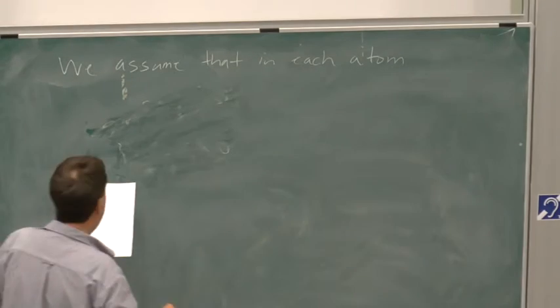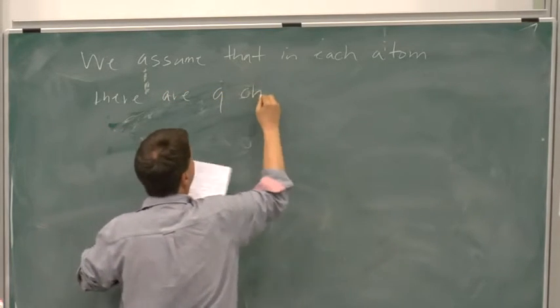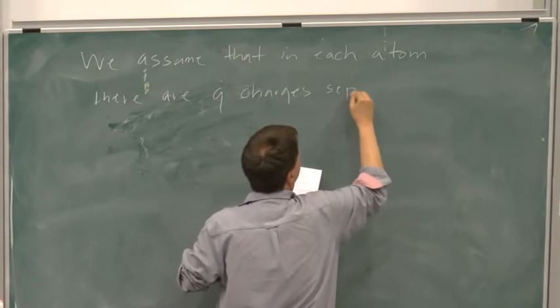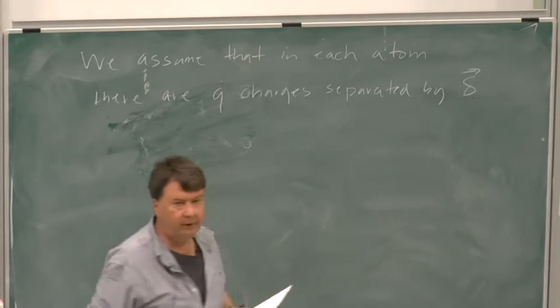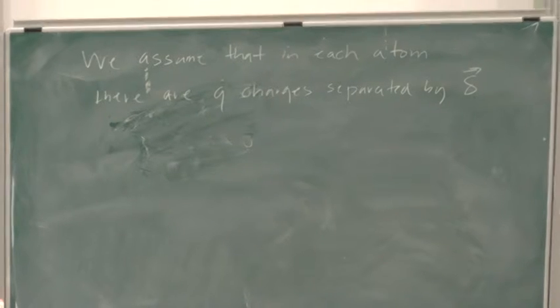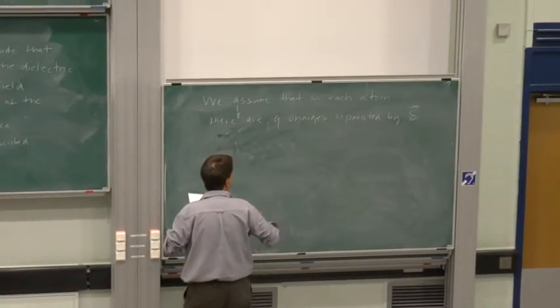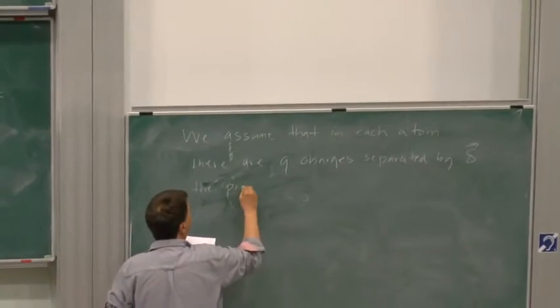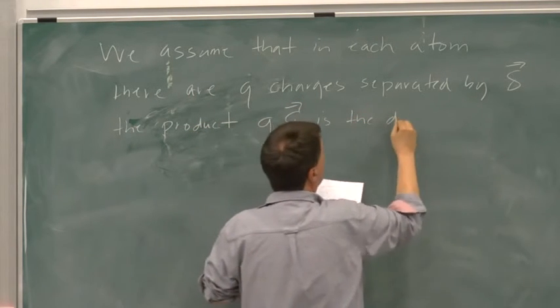And if we assume in each atom there are Q charges separated by a displacement vector delta. And I've called that D before. I'm going to call it delta to emphasize it's very small. This is of the order of atomic dimensions. This delta, the magnitude will be between 10 to the minus 11 and 10 to the minus 10 of a meter. This is a very small charge separation. Well, then clearly the product Q delta is the dipole moment,